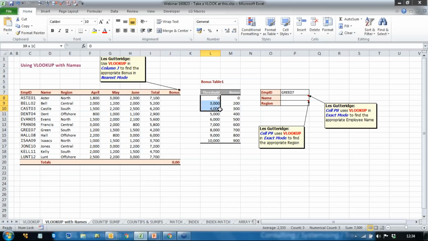So basically I'm going to use this bonus table to answer questions, and as you can see from up here, I've already given that area of the spreadsheet a name. I also want to be able to use this area over here in another VLOOKUP, and this one hasn't got a name. So this one's called bonus table for obvious reasons, it says so up there, and this area I'm actually going to call